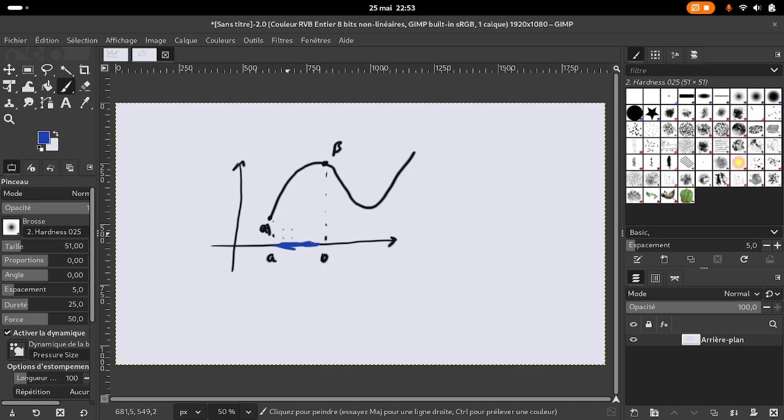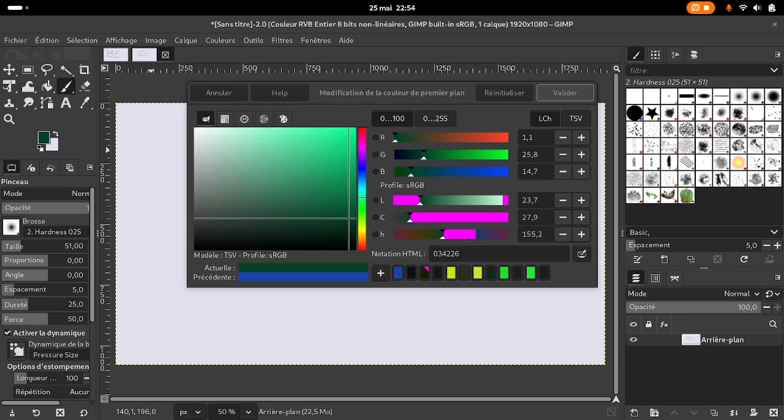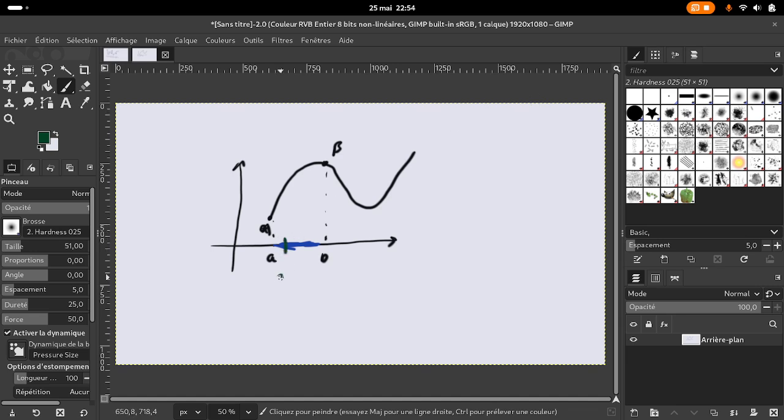How come we say that? If I take two numbers on this interval, let's say x1 and x2,